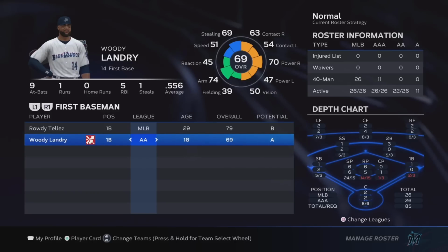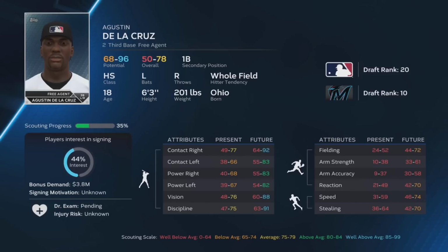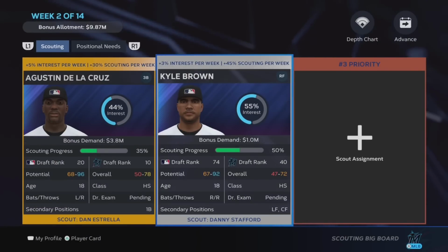Although Gus is being projected as a mid-first-round pick, if his offense translates to the minors and eventually the big leagues, I think he could be one of the best players in this draft class, and I'm looking forward to scouting him more to see if he would be a good option for Miami's first-round pick at number 10 overall. The other player we're going to look at is Kyle Brown, who grew up in Ohio